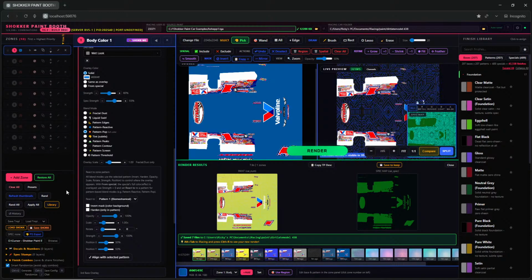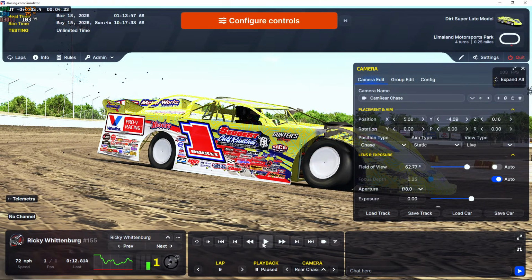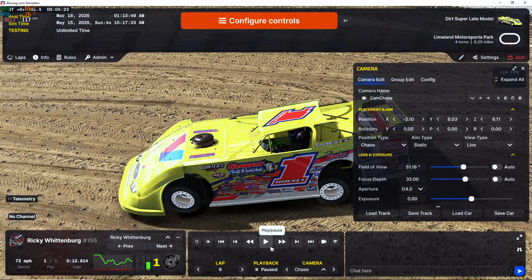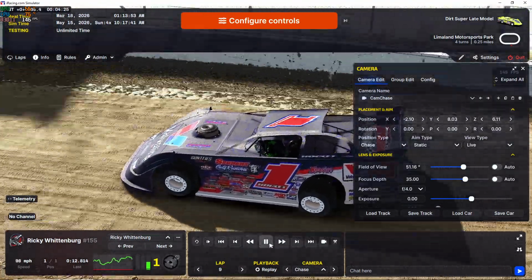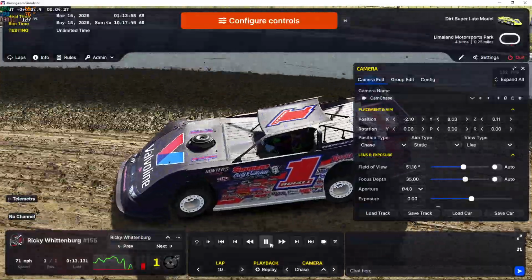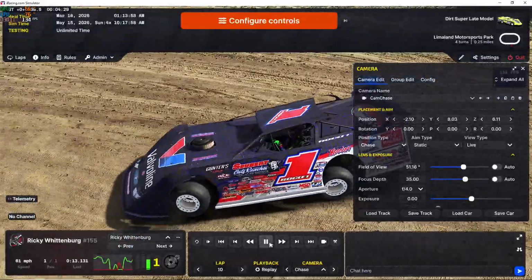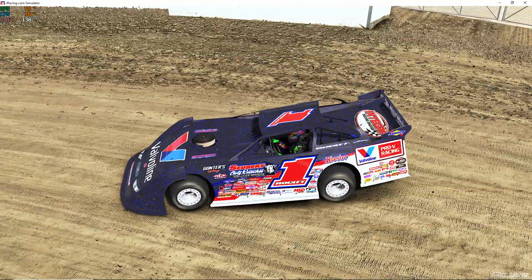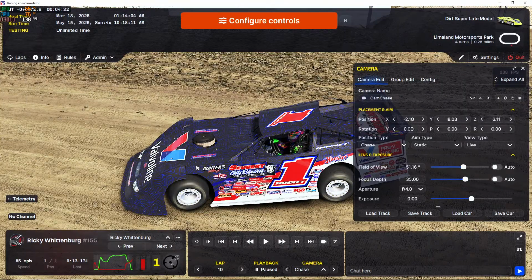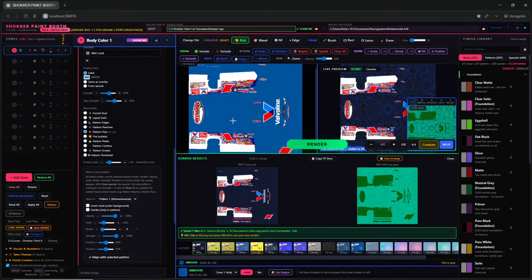So this is some of the stuff I'm still working on a little bit, trying to get the blends right. But if you use the blue over top of the black, you are still going to get a blue on black. So that's for this one base here. So if you like this blue on black look with this, and you're like, I want to do something with the number,